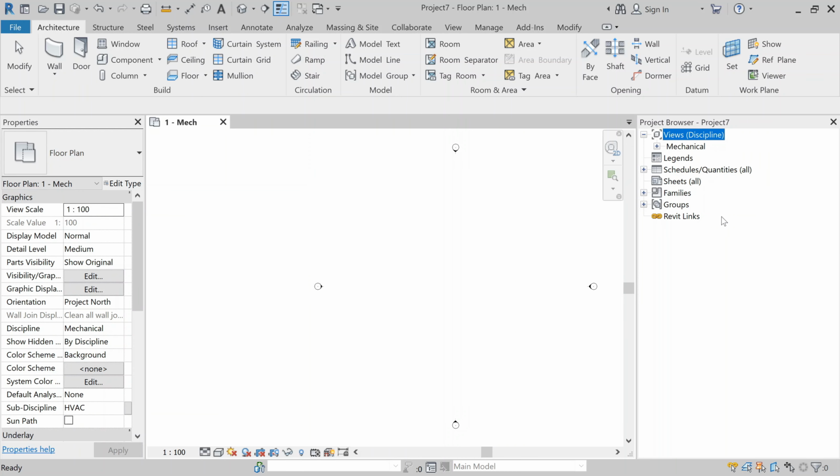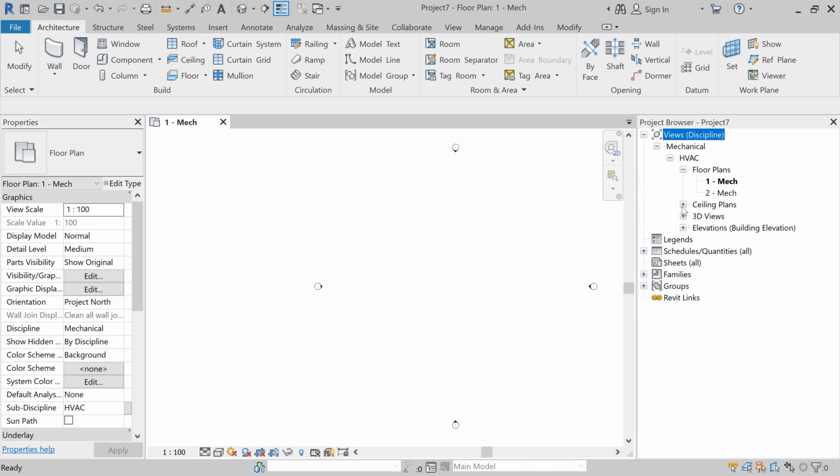Delete everything. Okay, now we can see we are left only with the mechanical and one subdiscipline, HVAC. If you want you can delete them also, but it will create a lot of work again.